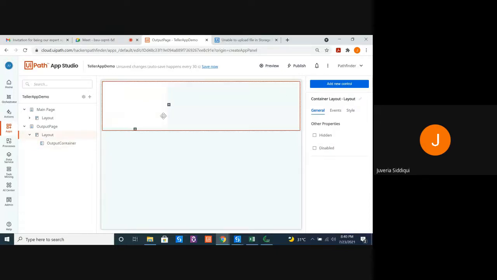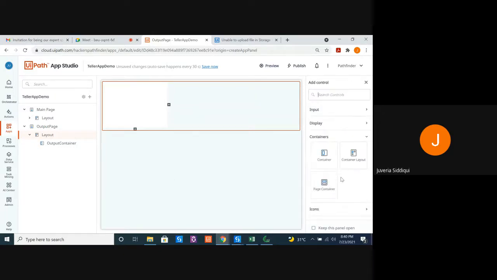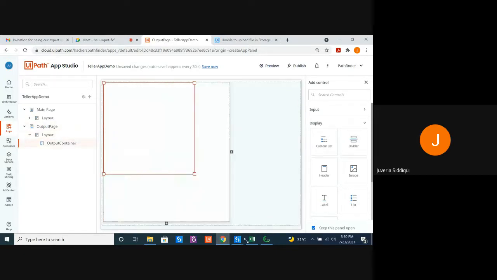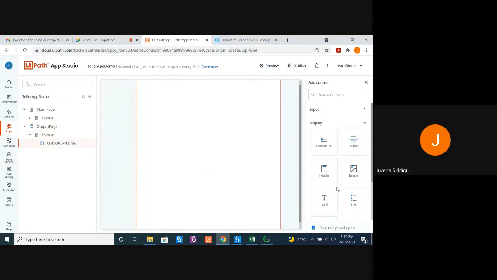And then what are the two values that I'm getting? They are total amount and transaction number. Again, I'll get two labels. Let me enlarge this first. Bring it in the center a bit.